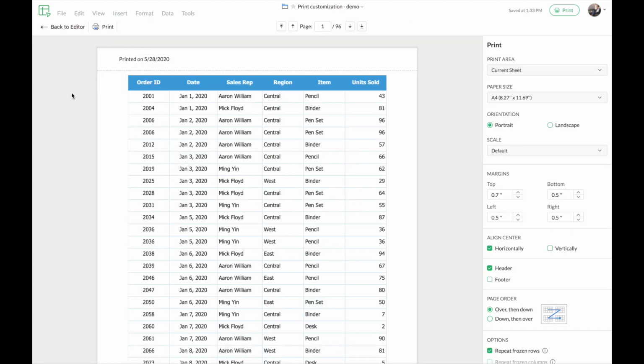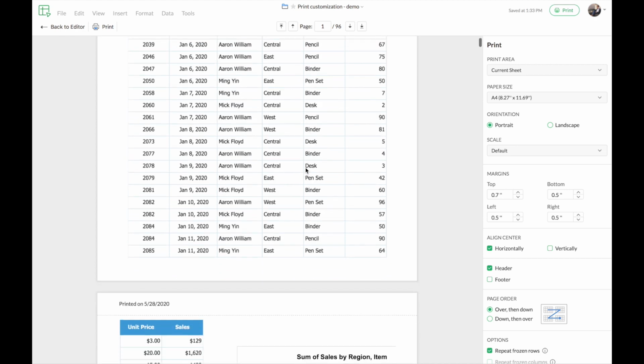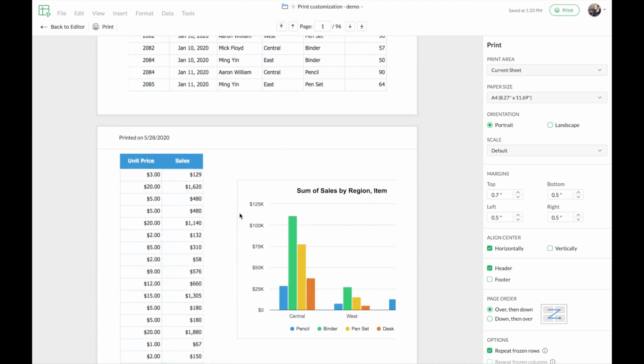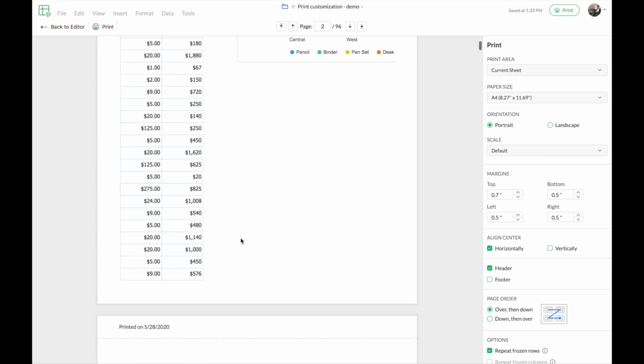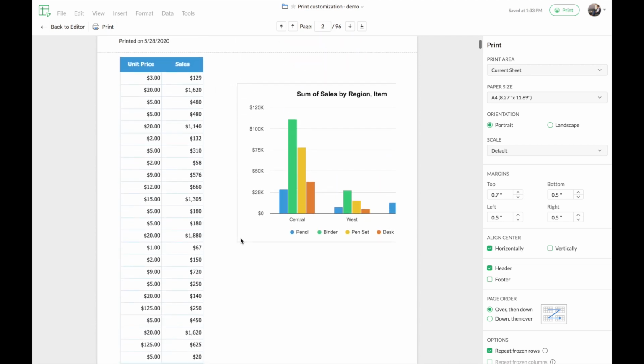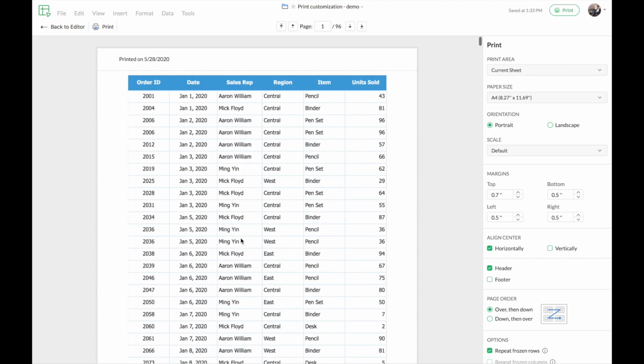You can notice here that the customization that we had done previously for the invoice data has been retained when I open the print settings from another worksheet in the same spreadsheet. So this customization will be retained, and I need not keep repeating the customization for print settings every single time. You can notice that the second page contains 2 columns and the chart is being cut and shown in the third page. This is because the data in my current worksheet exceeds the page size.